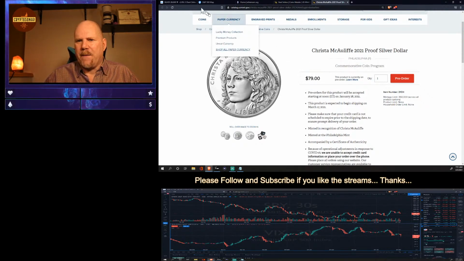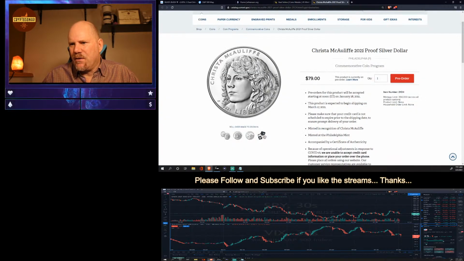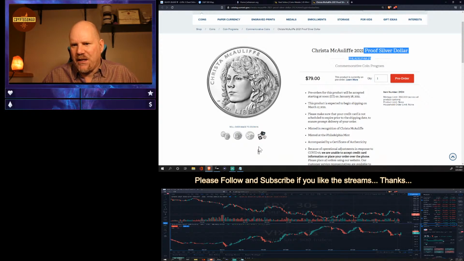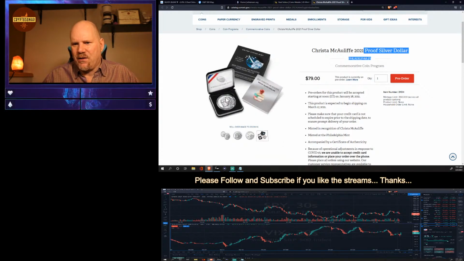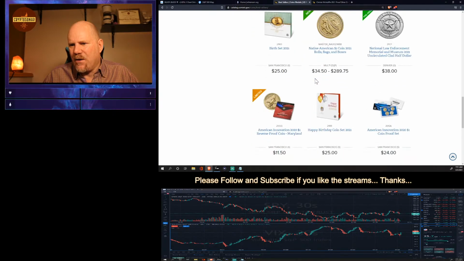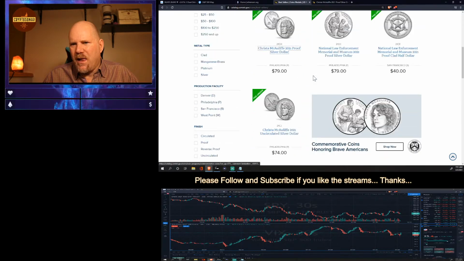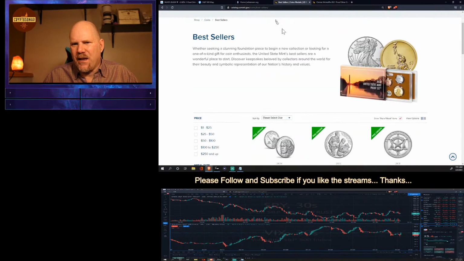And you say, well, wait a minute. You just said silver is at $25, $26. I did. These are proofs. Proofs mean they're going to come in a pretty box. They're going to come with a certificate of authenticity, and they're mainly meant for collectors. Okay, but collectible items go up in value. So you have that opportunity to get something like that. I don't see any silver from the mint side of things.